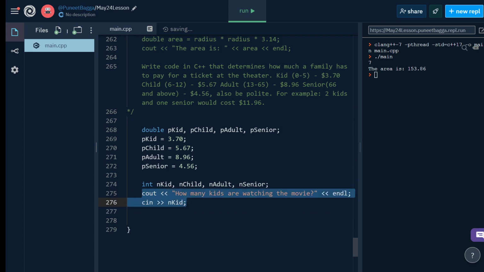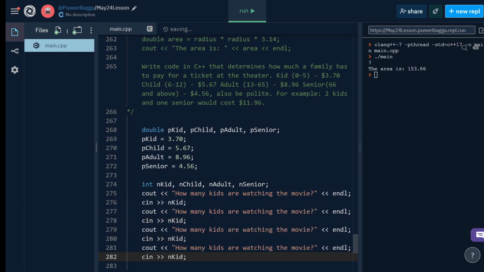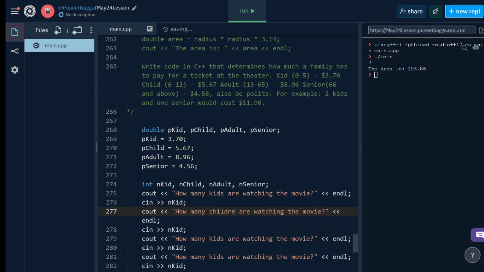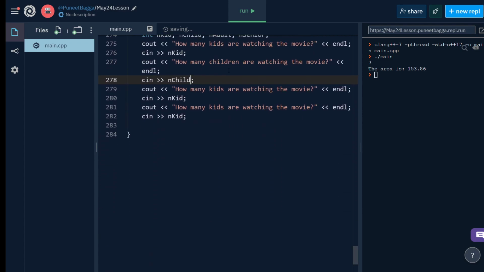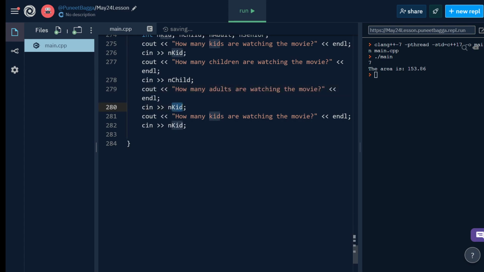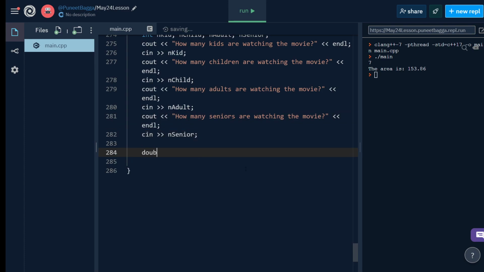Then you can copy paste this for how many children, how many adults, and how many seniors. And then we can just do double total cost, that's just equal to,